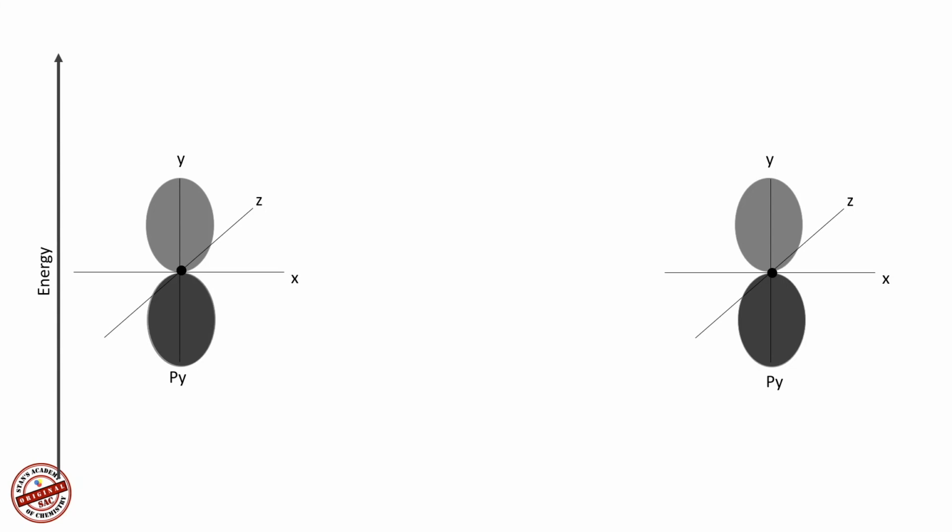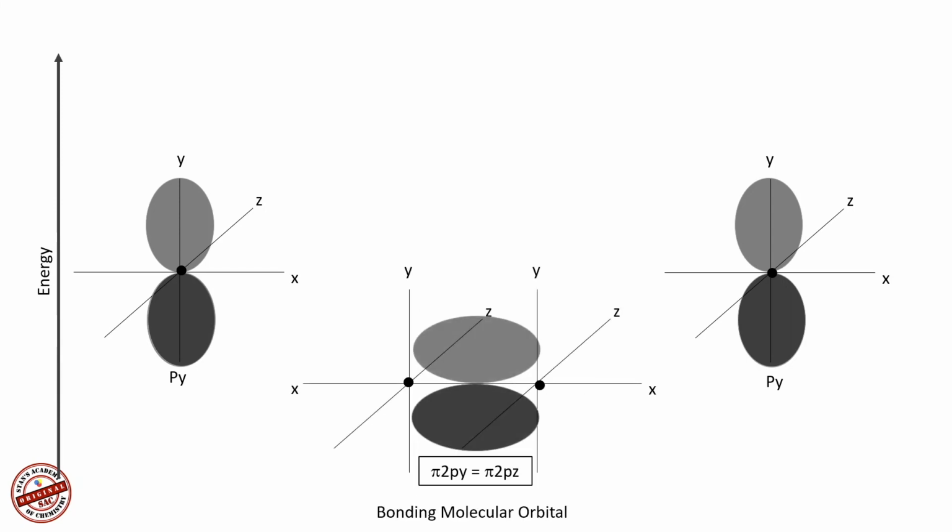So if the py orbitals undergo a bonding, then it will change into the bonding molecular orbital as represented here. It's called pi 2py because it's a lateral overlapping, and it has a similar bonding taking place in the pi 2pz level. So we have 2 lateral overlaps between the py and the pz forming the bonding molecular orbital. They both have the same energy, but I've only shown the representation of the py orbitals undergoing a bonding molecular